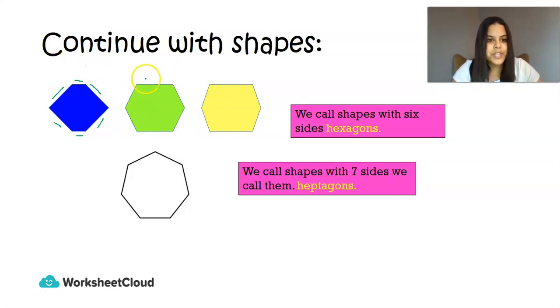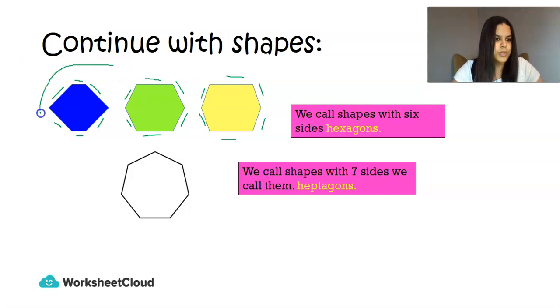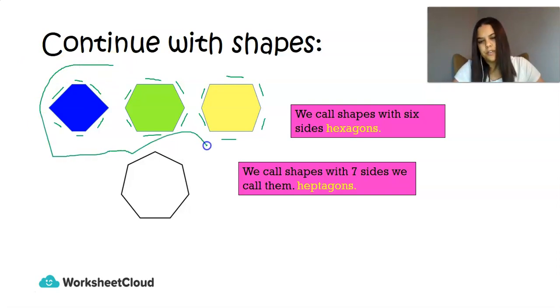We can count the rest of them. 1, 2, 3, 4, 5, 6. That's a hexagon. 1, 2, 3, 4, 5, 6. And that's a hexagon. Okay, and we're going to draw our little squiggly circle kind of block thing around our